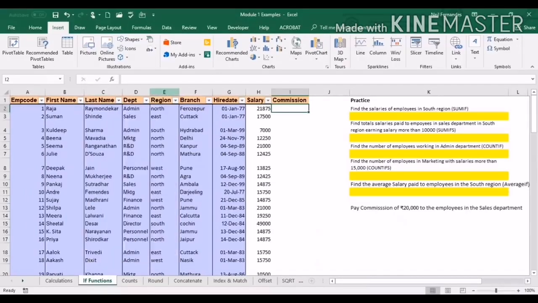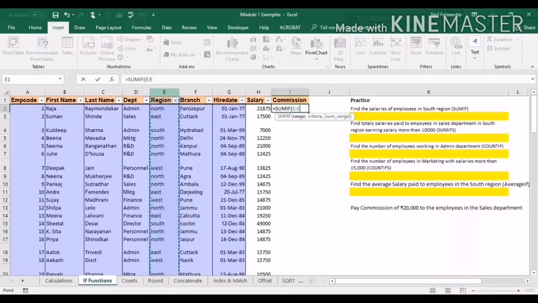I just need to find all the people working in the South region. The column that carries the South region is column E. That is required by the SUMIF function as the range. So let's start with the SUMIF function. The range that I have to enter here is the criteria range. What does the criteria range mean? The range where your criteria sits, that is in column E. So I will select column E to E.